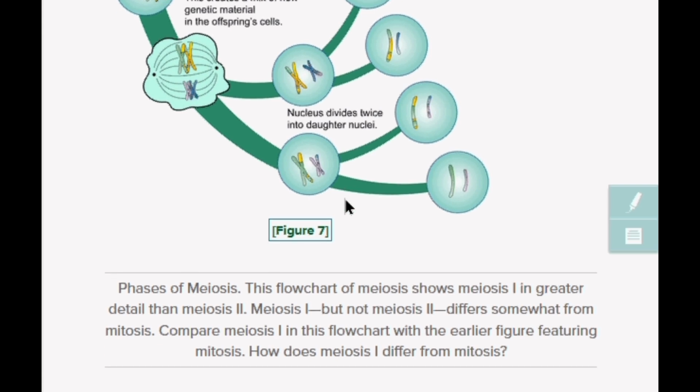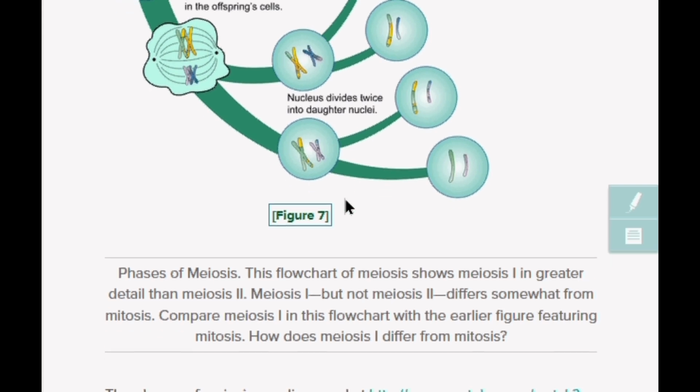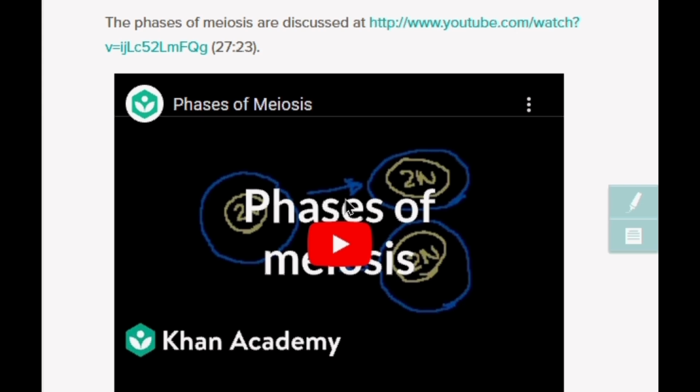How does meiosis I differ from mitosis? The phases of meiosis are discussed at